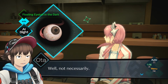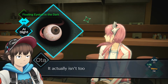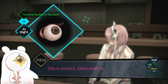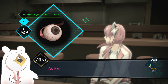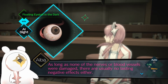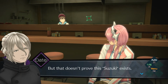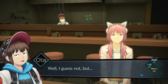Well, not necessarily. There's such a thing as a dislocated eye. It actually isn't too hard to put your eye back in if it falls out. Oh, no, I don't want this. This is weird. Ota is correct. Dislocated eyes are easy to replace in their sockets. No, I'm good. Thanks. Keep that to yourself. As long as none of the nerves or blood vessels were damaged, there are usually no lasting negative effects either. Except for the fact that your eye came out, and that sounds pretty freaking weird. That's a pretty lasting effect for me. But that doesn't prove this Suzuki exists. Well, I guess not, but